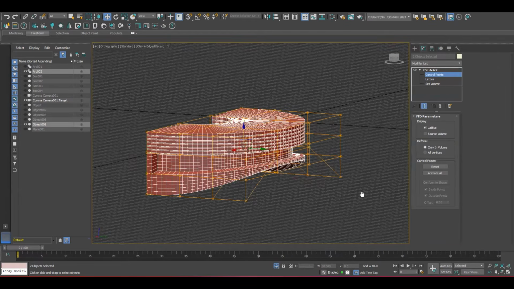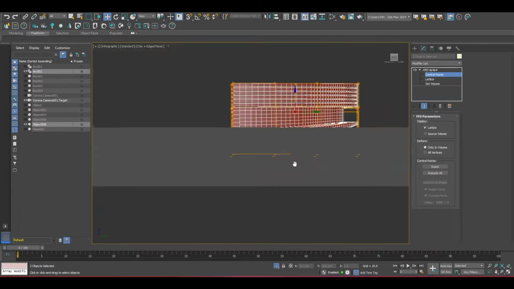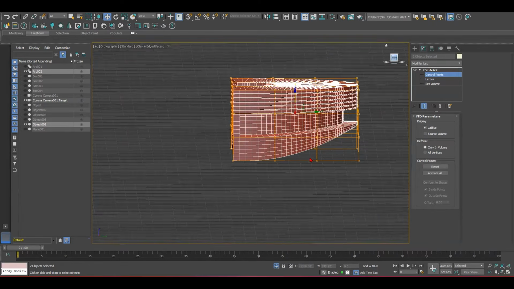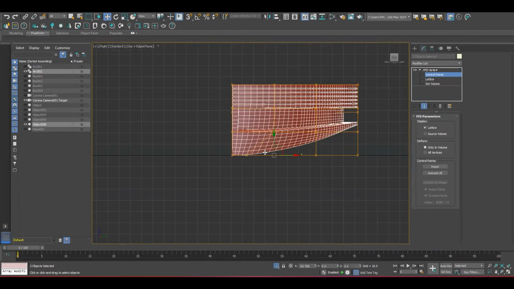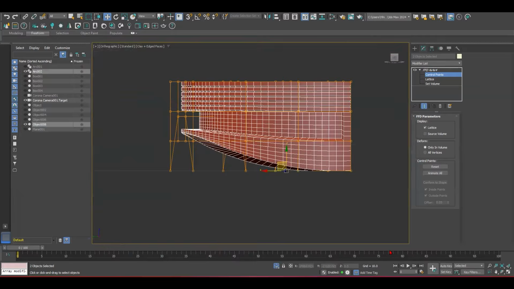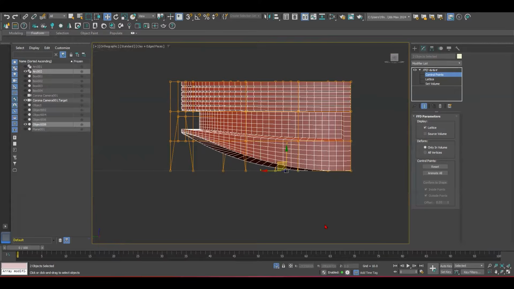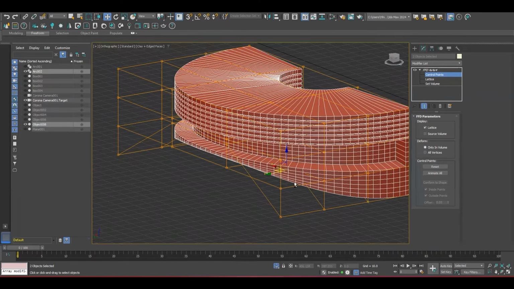Once I get it bent this way, I have the opening that I can just connect this side and drag it this way. So now I have the plaza at this opening. I have this arch extrusion.